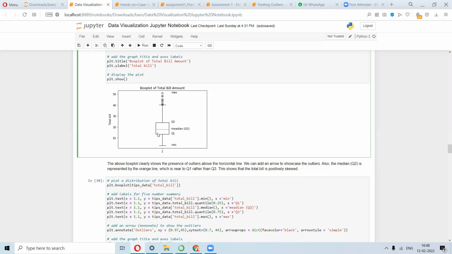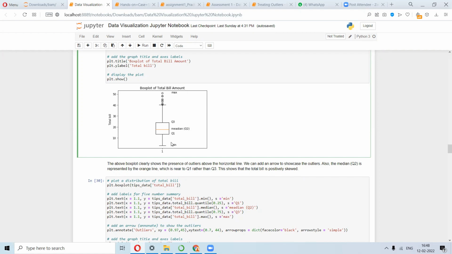So there are fewer observations here, and from Q2 to Q3 you have more observations. That will give you the idea about the skewness of the data.